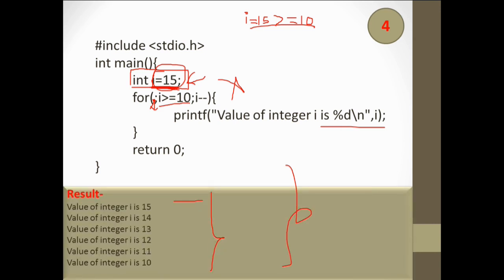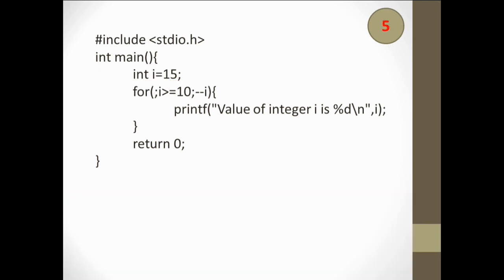So this is the final result of this program. The next question is this. Here from the first statement again I'm getting the value 15. From the first statement the value of I is 15.